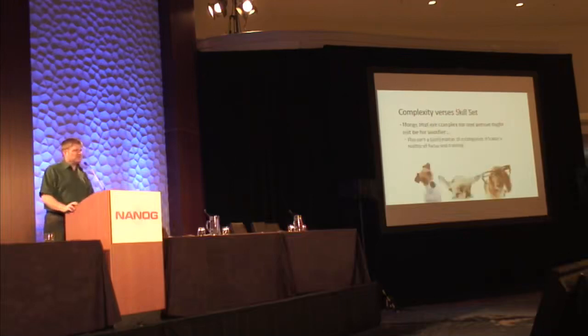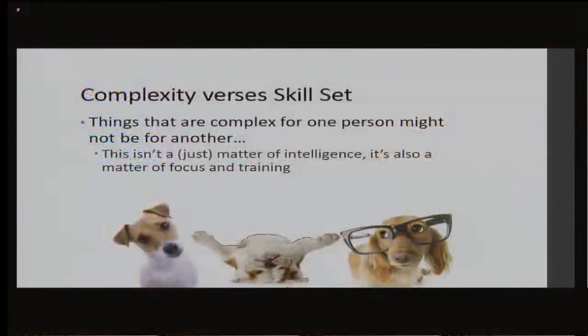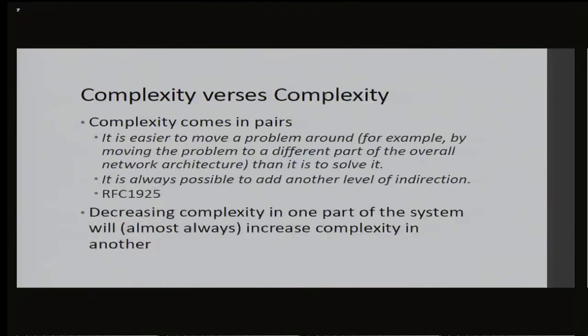So there's a trade-off here as well. There's the complexity versus the skill set. I don't know about you, but when I was in Cisco TAC, all my TAC engineer friends looked like the guy in the middle most of the time. But this is your NOC. Some of your guys are really curious and don't know what they're doing. Some of your guys are dead tired, and some of your guys are really intelligent but a little bit bashful. It's a great illustration. But this isn't just a matter of intelligence, it's a matter of focus and training. You've got to have the right skill set to apply to the right problem. So the better your skill set is, the better your ability to handle complexity of various types.